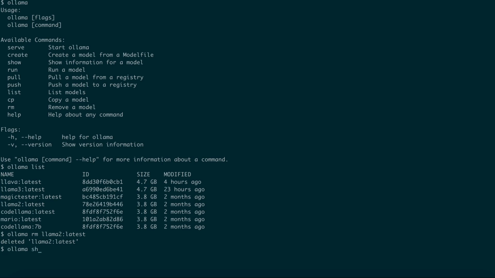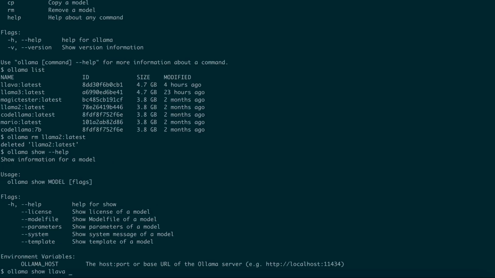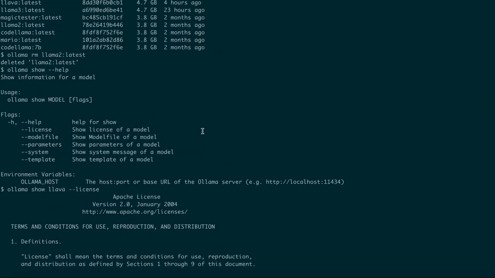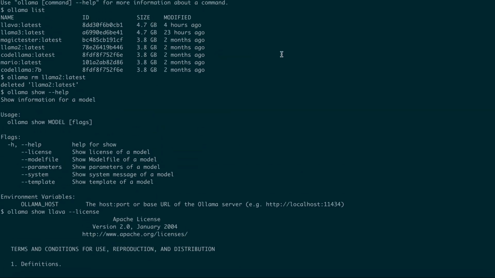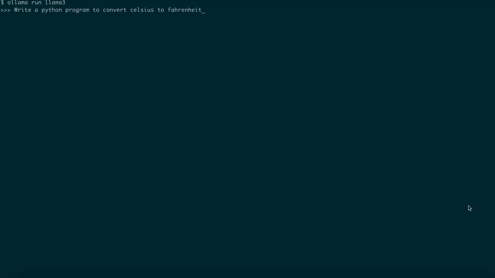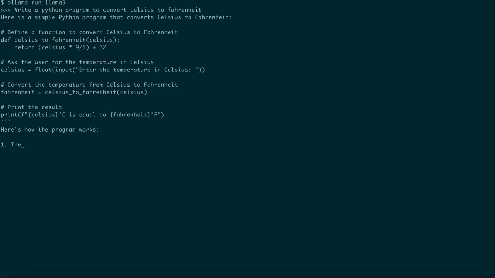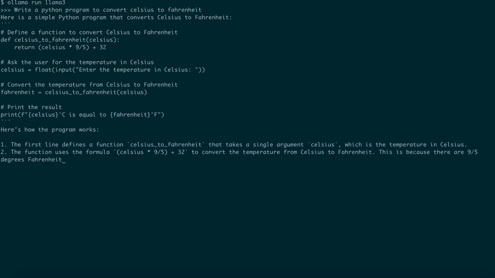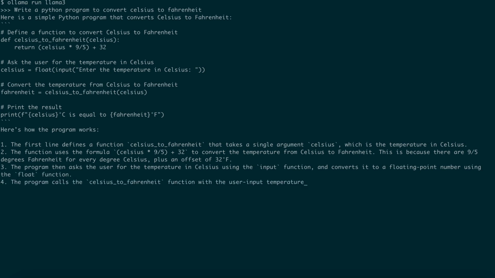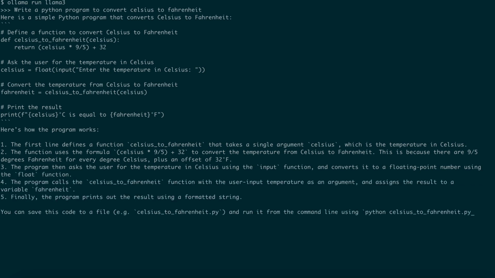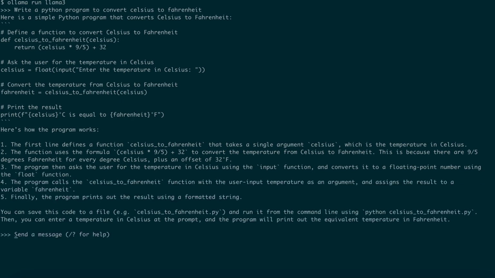You can also learn how to use any command by appending the help parameter after the command. Let's check the license of the model using the show command with the license parameter. Feel free to explore other commands supported by the Ollama app. Ollama empowers you to explore the world of LLMs directly on your machine. With its vast model library, Ollama is a great tool for anyone interested in experimenting with these fascinating AI tools. So, why not give it a try and see what you can create?